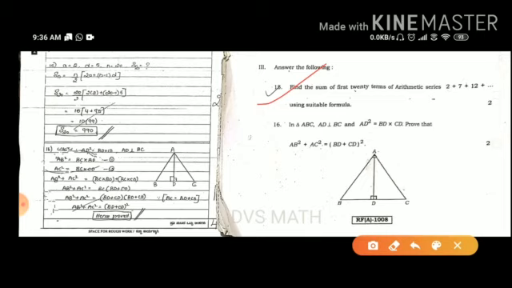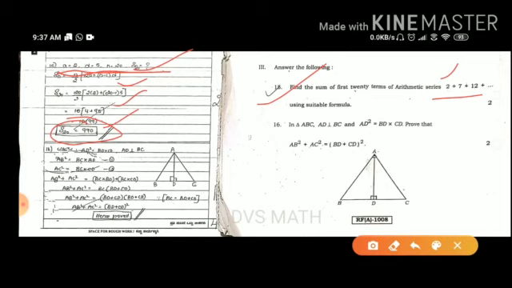For the sequence, they gave the first term; find the D value by taking A2 minus A1. Observe here, you have to write like this: given A equals 2, D equals 5, N equals 20, you have to find S20. This is how you write the first step. Next, the formula. Definitely there is a mark for the formula. Please write the formula, then substitution, simplification and the final answer, and put it in a box. It looks very nice.